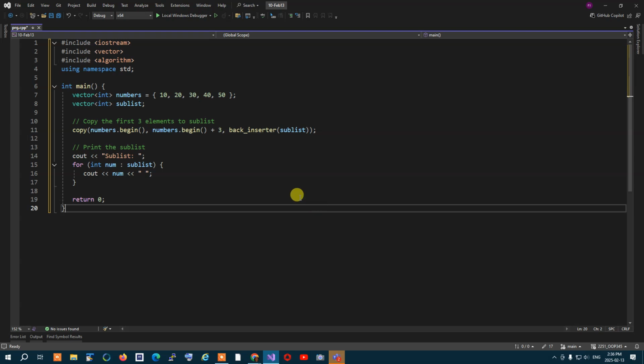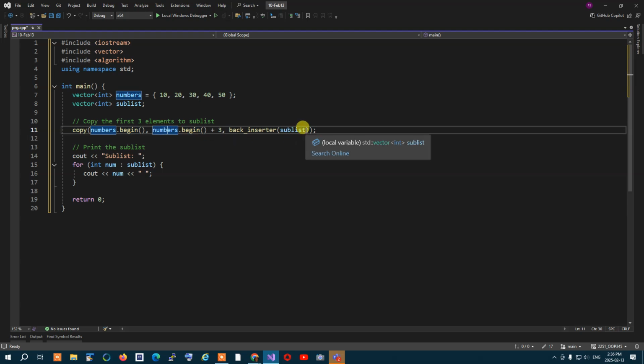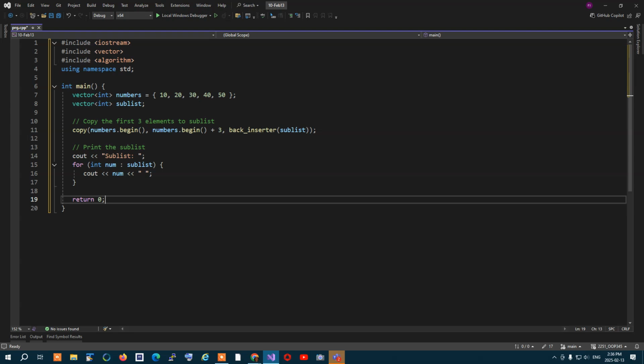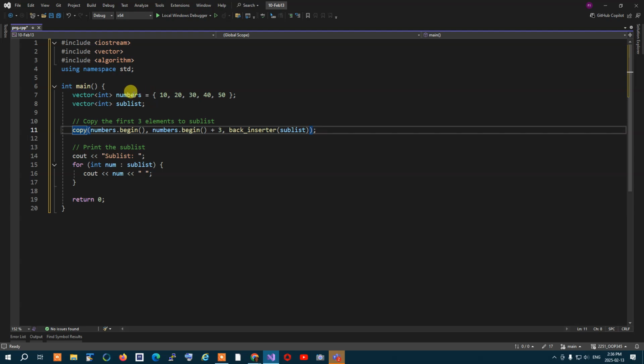So essentially it says get all the values over here and back insert them into sublist. Every element of numbers from beginning to beginning plus 3 will be inserted into sublist,